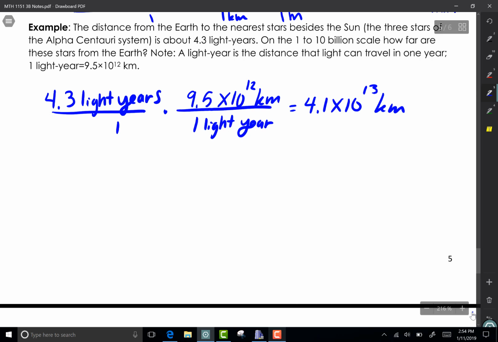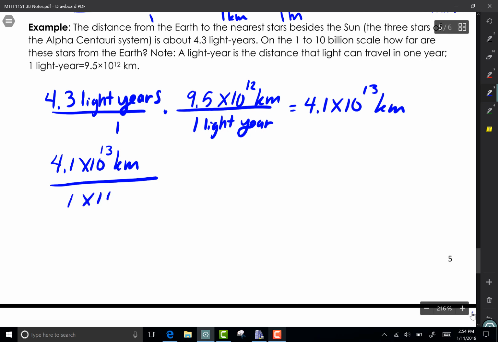Now we want to take that 4.1 times 10 to the 13th kilometers and scale it on the 1 to 10 billion scale. So just like up above, I'm going to do 1 times 10 to the 10 for 1 billion. When I divide that, I have 4.1 times 10 to the 3rd kilometers. If I put that in standard notation, that is 4, and then I move my decimal place over 3 places, 1, 2, 3, so that's going to give me